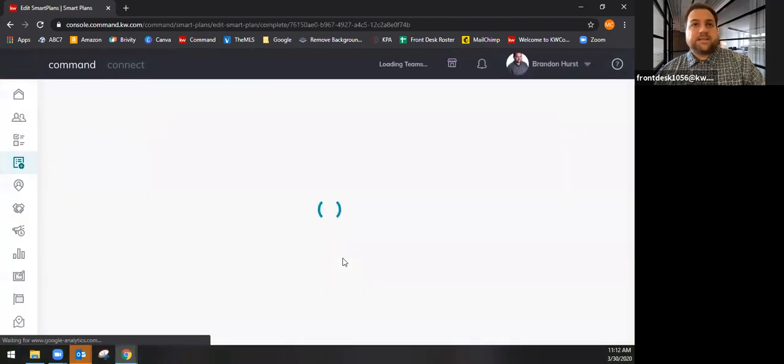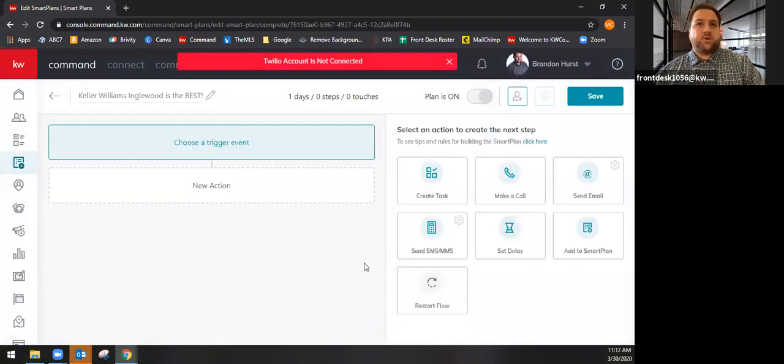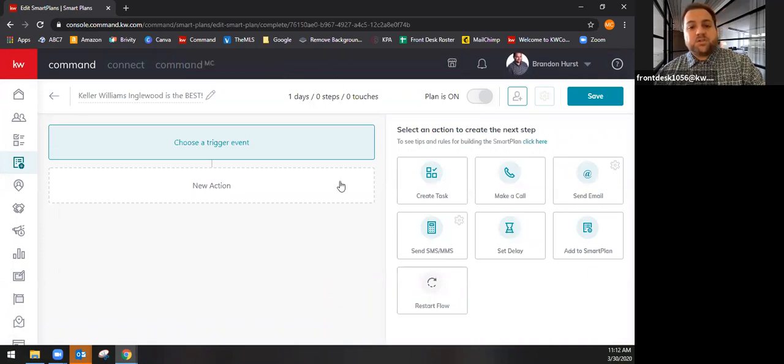Okay, I'm going to take you to another screen here. So this is again reminding me that my Twilio account is not connected. Twilio is what you need to have set up in order to do the auto texting. So the automatic text messages are not included in the platform. They're integrated, but they do have a cost to them. And it's a whopping less than 1 cent per text. So you can send a text for